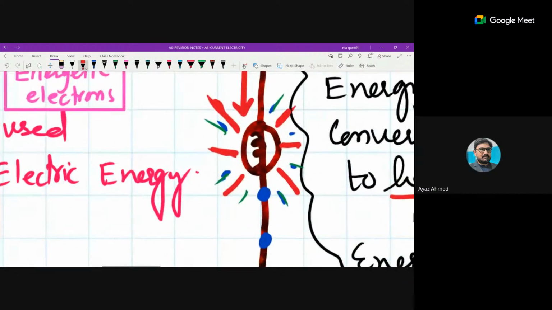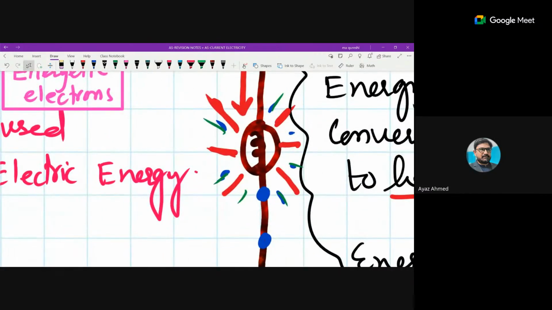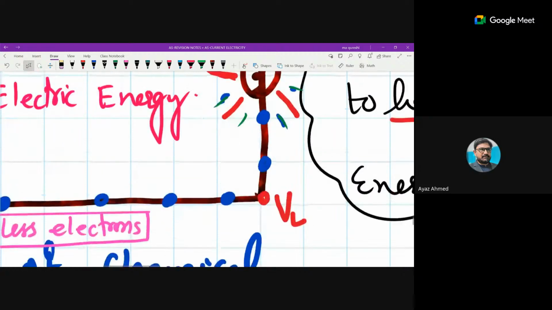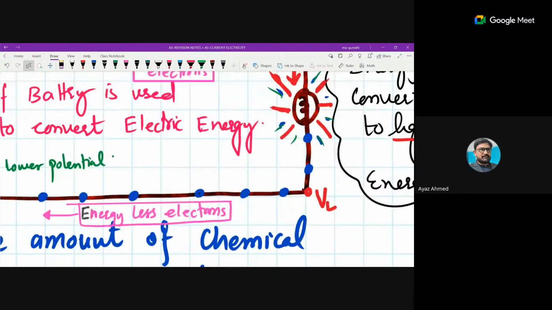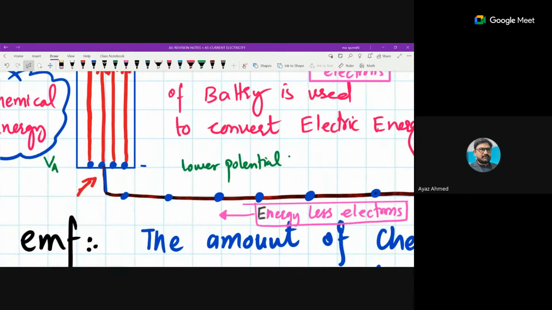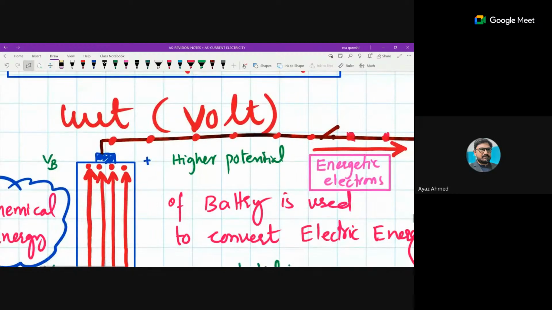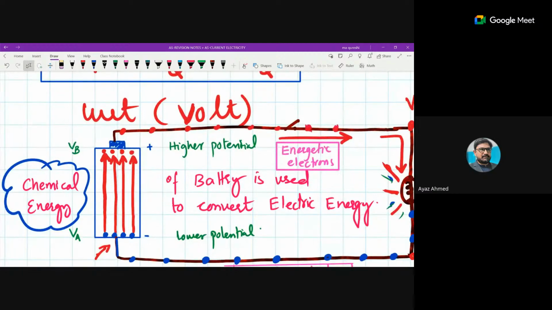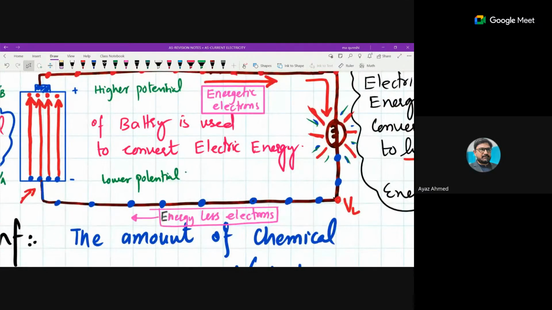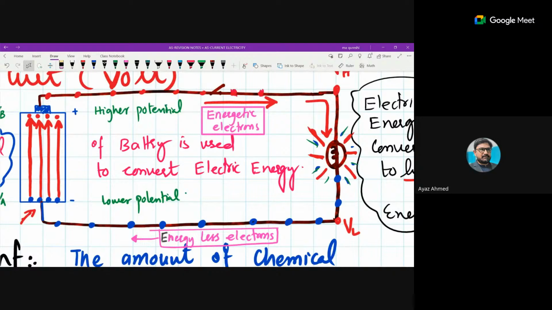So when the electron would pass through the lamp, ये देखो, lamp will convert their electrical energy into light energy, and now those all electrons are basically energy free, energy less, थके आ रहे, ड्रेन हुए इलेक्ट्रॉन्स आएंगे, and again they will go to the बैटरी। बैटरी इनको फिर चार्ज करेगी, अपना पोटेंशियल यानी अपनी ईएमएफ यूटिलाइज करेगी, केमिकल एनर्जी यूटिलाइज करेगी, और यूटिलाइज करके इनको चार्ज करेगी। ये फिर सर्किट में जाएंगे, लैंप इनको फिर यूज करेगा।